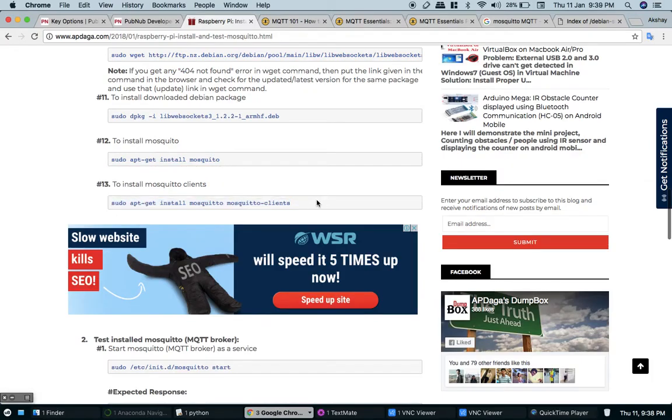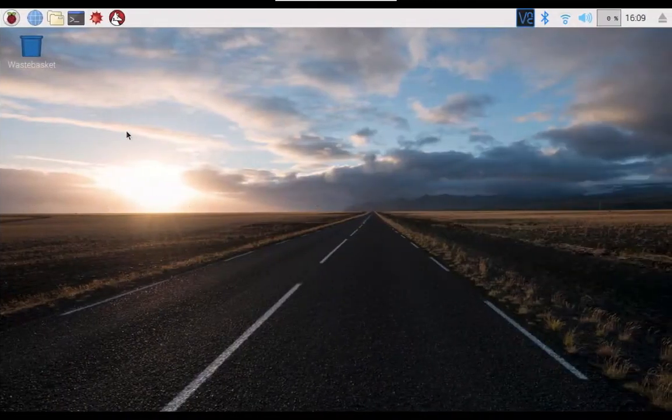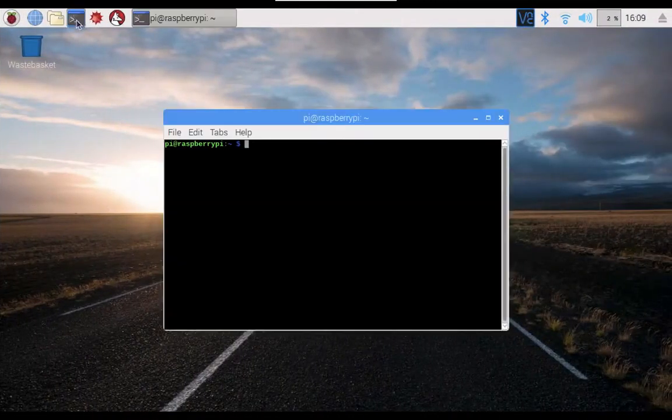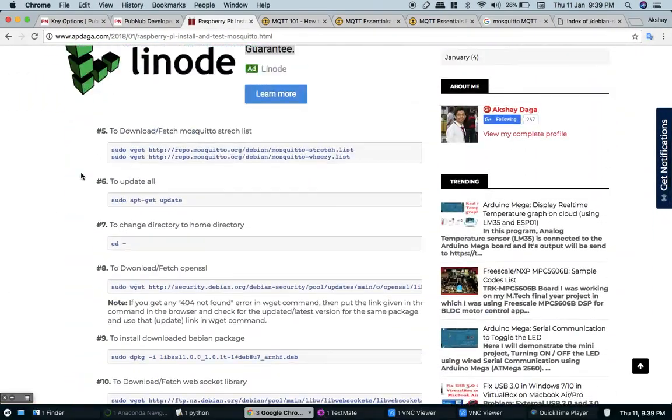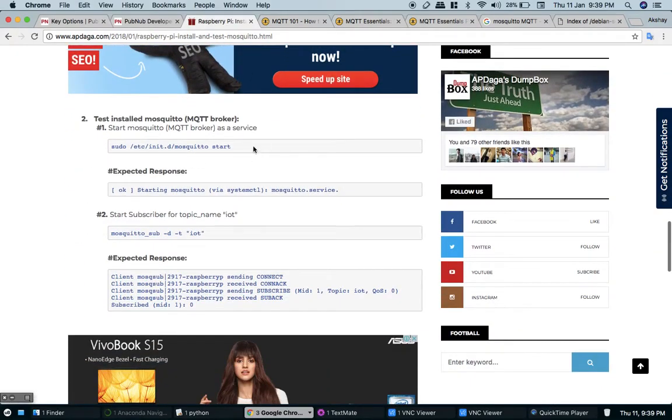So now after installing that, you can use your Raspberry Pi for MQTT publish subscribe IoT architecture. Once that is done, these are the steps to test whether it is installed correctly or not. For that, I'll show you a demo also. So this is my Pi, and I have installed everything. You need to follow all these steps sequentially, because every previous step is mandatory for the next step. All dependent files you need to download and install, and only then will that broker be installed. So I have installed everything.